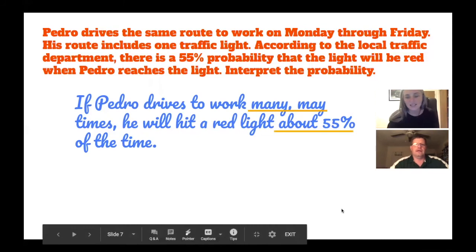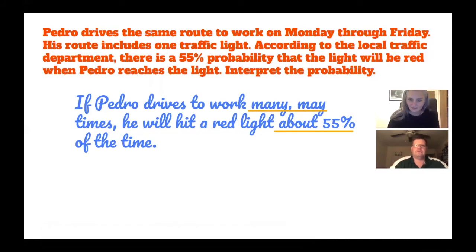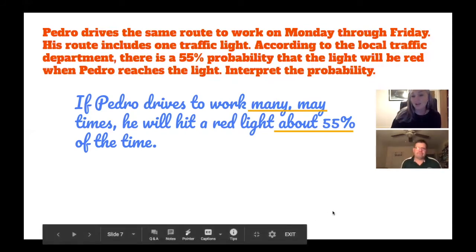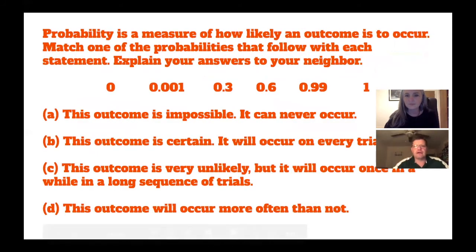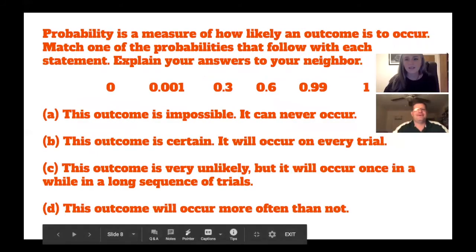Many. Gotta say that. And then there's one wishy-washy word that we like: about. 55%. Don't want to say 55% and insinuate that it is going to be exactly 55%. So we remember, here we are back at our wishy-washy words. About. Approximately is fine. It's around, whatever. Okay, so